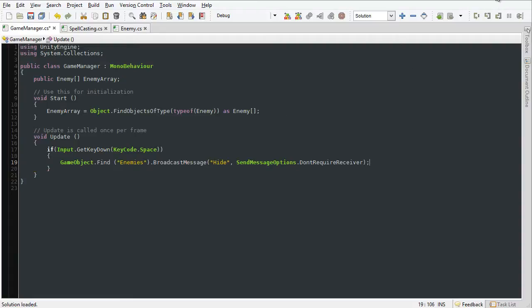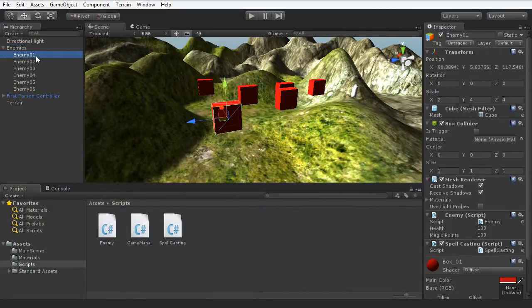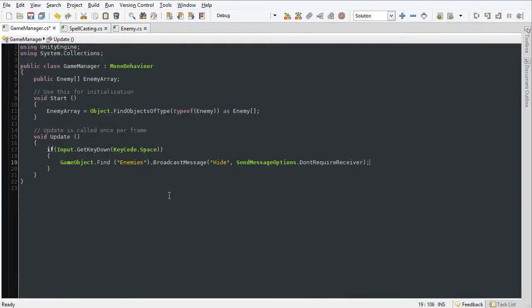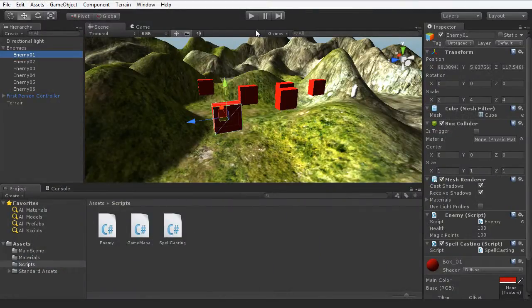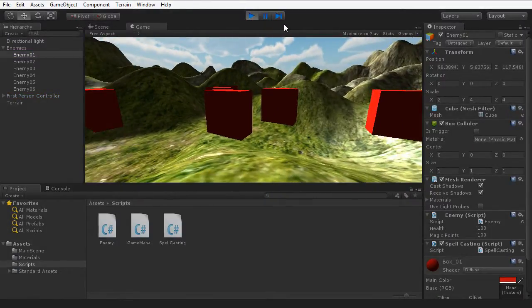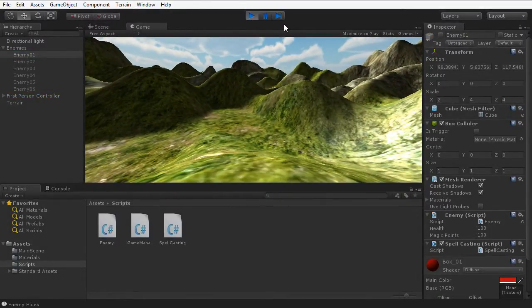function. If I minimize MonoDevelop, you will see that these enemy objects have many different components: a transform component, a box collider, a mesh renderer, and all kinds of other components. Some of these components will not contain a hide function, and so we do not want to get an error if they do not support the hide function. So I'm going to return back to MonoDevelop and leave this statement as is now, and I'm going to press Ctrl S on the keyboard to save those changes, minimize MonoDevelop, and press play on the toolbar. Now when I press the spacebar on the keyboard, all of these objects in the scene hide